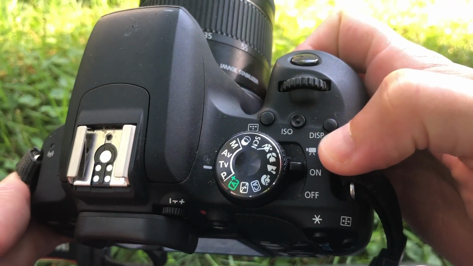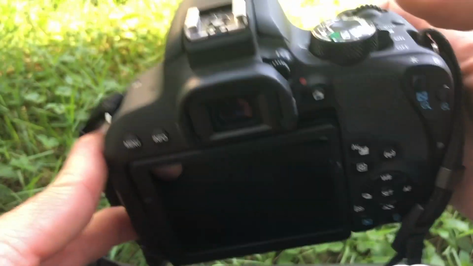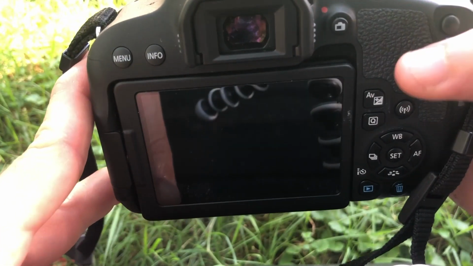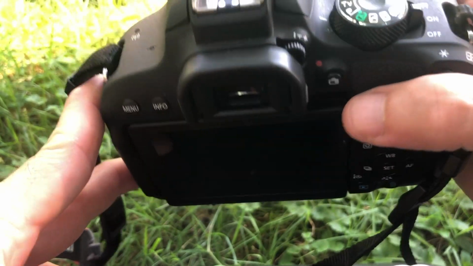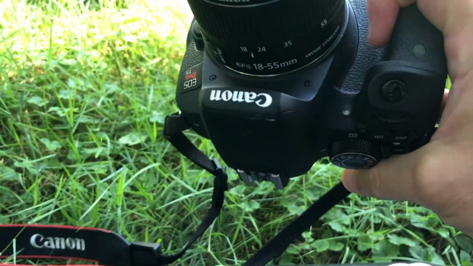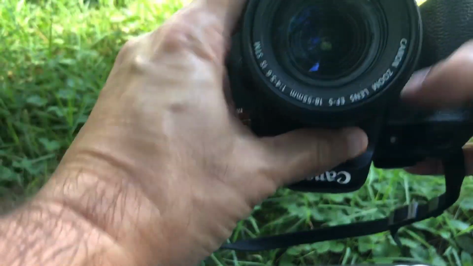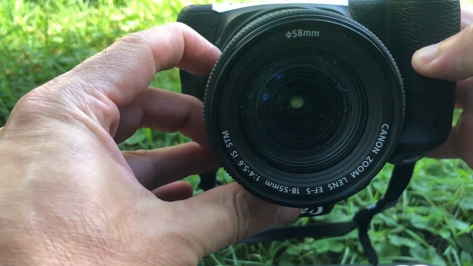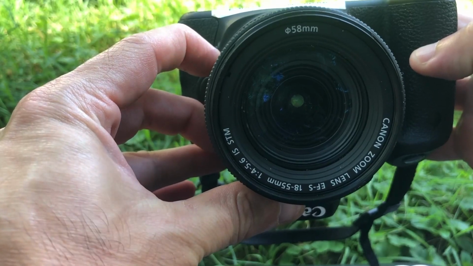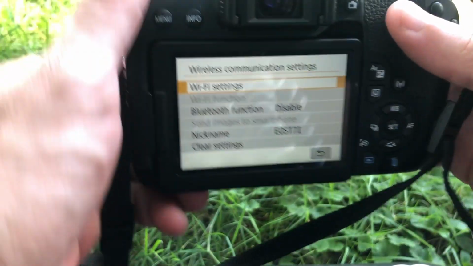Shutter speed is how long the film is exposed, or in this case the digital sensor. And aperture is how big or small the hole is. You can kind of see it here. See that little hole? That's the aperture. Now, once we turn this on